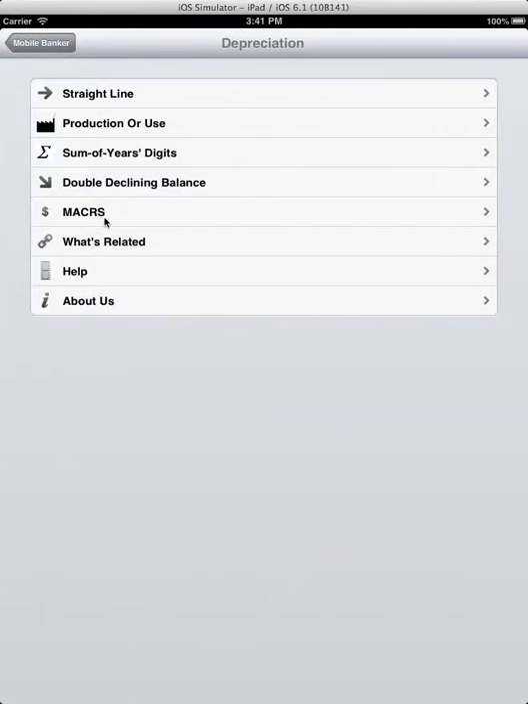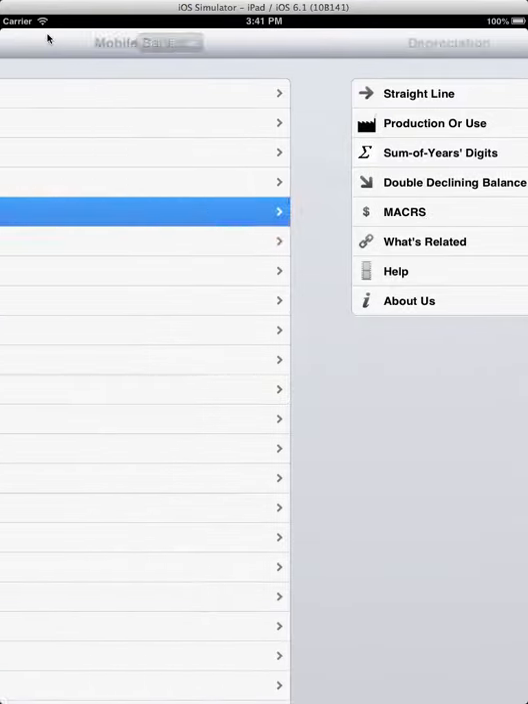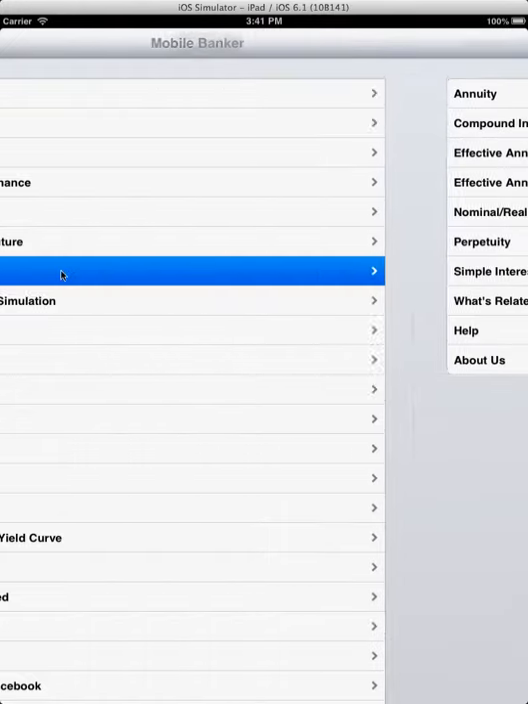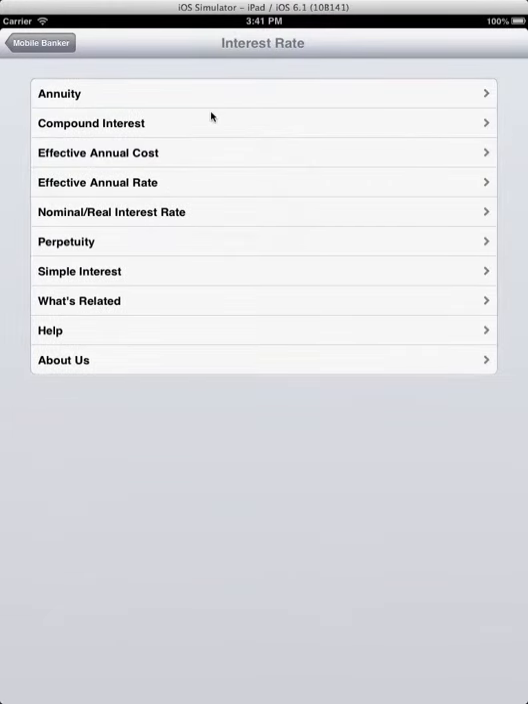It covers depreciation, straight line, production or use, sum of years digits, double declining balance, makers. It covers forward and future, covers forward and 3 futures, index, currency and commodity, covers interest rate, annuity, compound interest, effective annual cost, effective annual rate, nominal or real interest rate, perpetuity, simple interest,